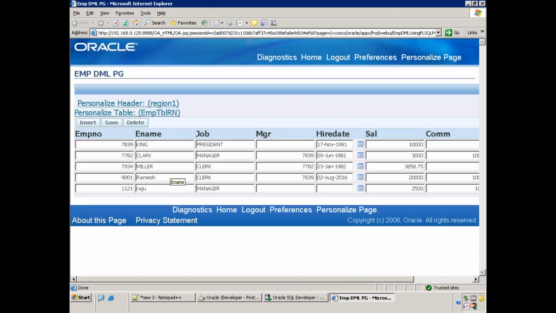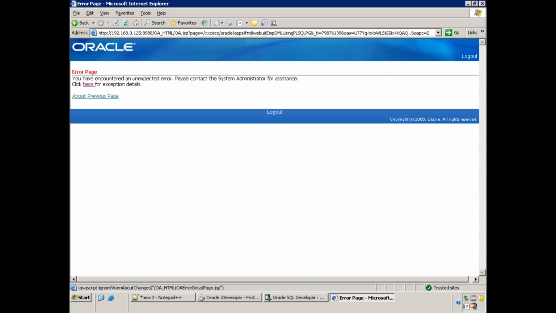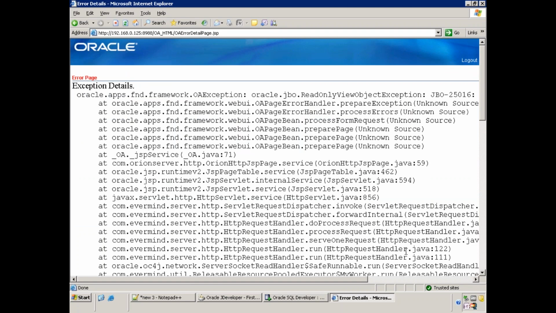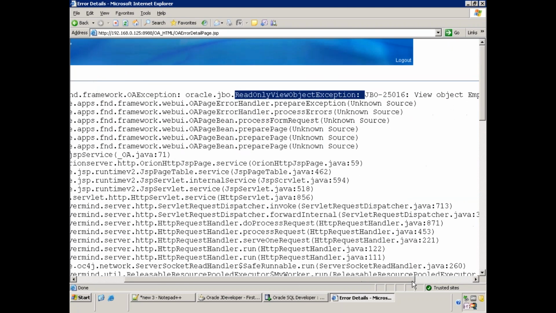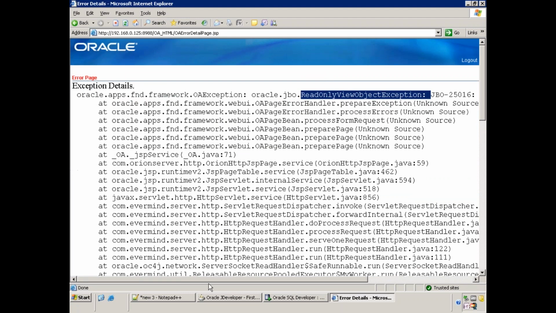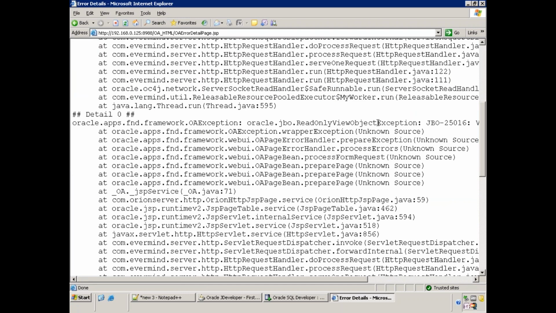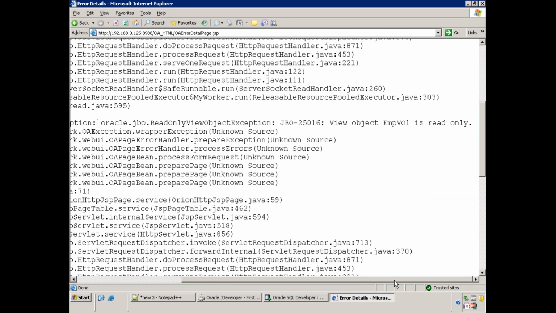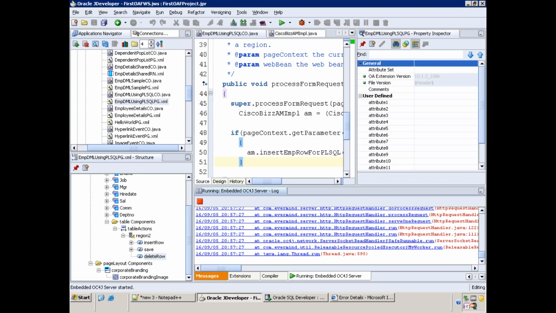It seems it is having around 5 rows only, right? Now let's click on insert and see what will happen. Okay, we got an exception. Read only view object exception: it says it is read only. Okay, not a problem.